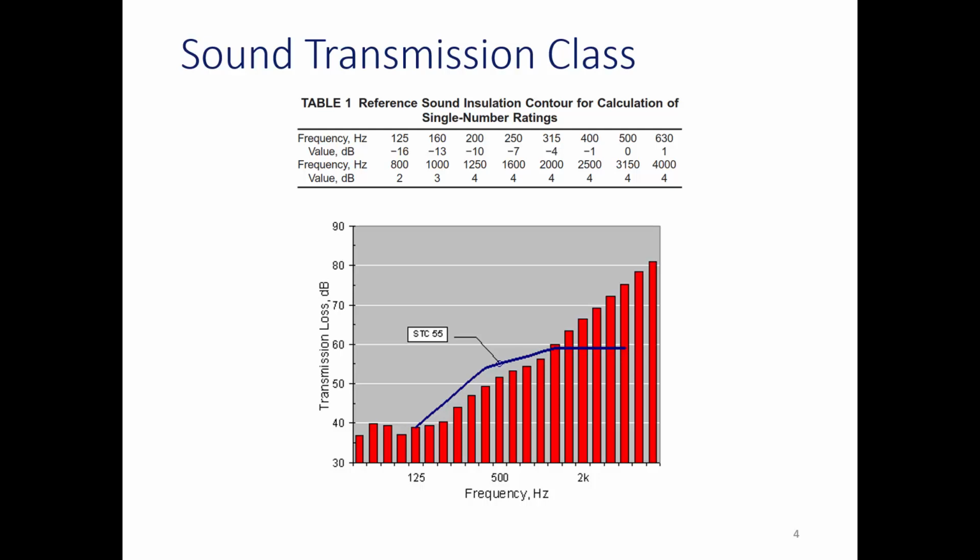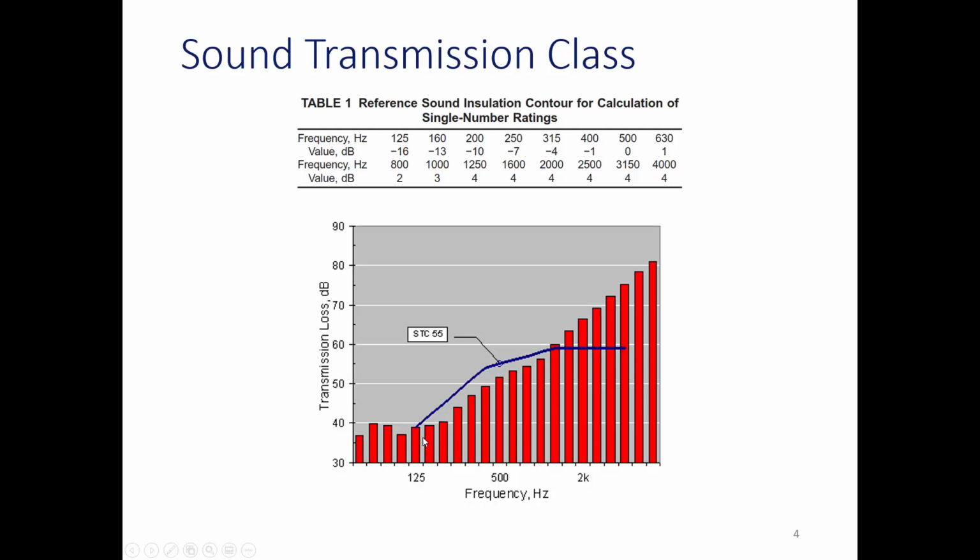You measure on that side, and then you go and measure in the other room. There are other things you need to do too, like you need to measure the amount of absorption in the receiving room so that you can normalize the transmission loss values. If you measure a receiving room with a lot of absorption, you're going to get lower sound pressure levels than if it had very little sound absorption, even if that wall assembly is preventing the same amount of sound from being transmitted through. But in any case, you get all these 1/3 octave band transmission loss values,